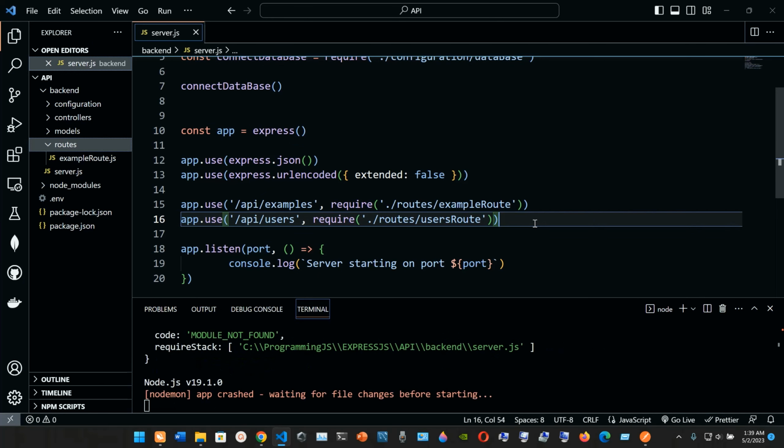So I'm gonna save it. And okay, it's crashing because I don't have this file yet, but we have this API users, and it's gonna be in the folder routes, and the file is gonna be users route. So I'm gonna go to my folder routes. I'm gonna click here, new file, and I'm gonna name it users route